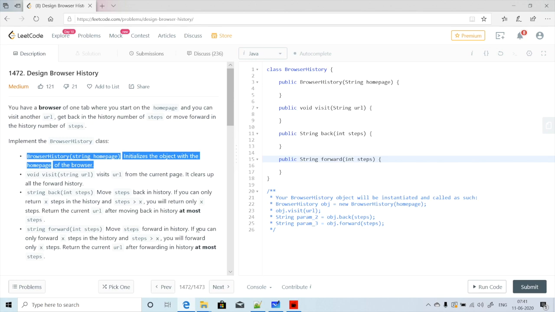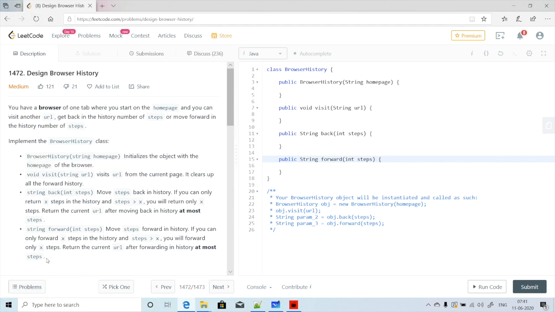Move steps forward in history: if you can only forward x steps in history, and if steps is greater than x, you will forward only x steps. Return the current URL after forwarding in history at most steps. That also says the same thing: if we have the requested steps in the forward history, then we will move that many steps. Otherwise, whatever number of steps we have, we will move only up to the last one we have.